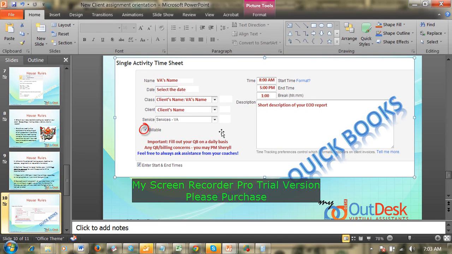Just to give you a heads up, we may serve a memo in case billing notifies us that you're not updating your QuickBooks in a timely manner. Time should always be in PST, so 8 a.m. to 5 p.m. with a 1 hour break. Then a short description of your EOD report here. Of course, check it. All good.